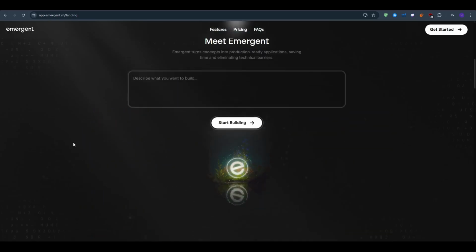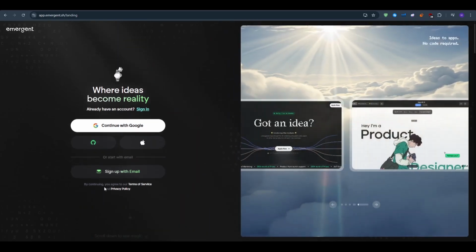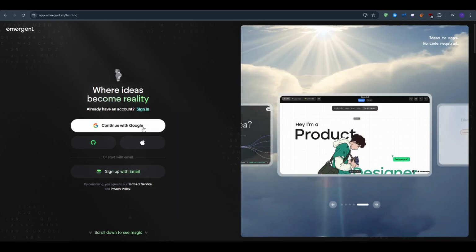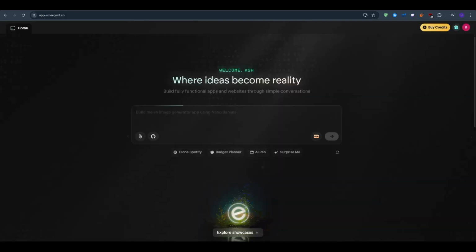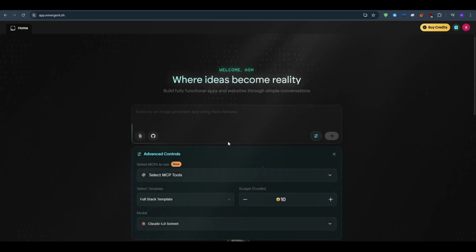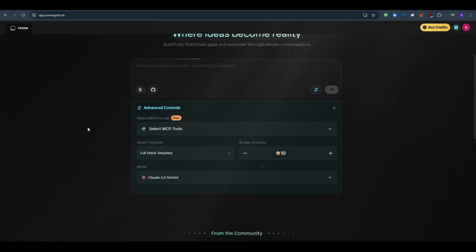So for getting started, all you have to do is click on the link below in the description, and then you sign up with your account. You will land on a clean home screen that has this: a big prompt box, recent projects, optional GitHub connects, model and template pickers, and a simple budget control so you don't burn all of your credits in just a couple of prompts. Also, if you look at the advanced controls, you will be able to see which model is